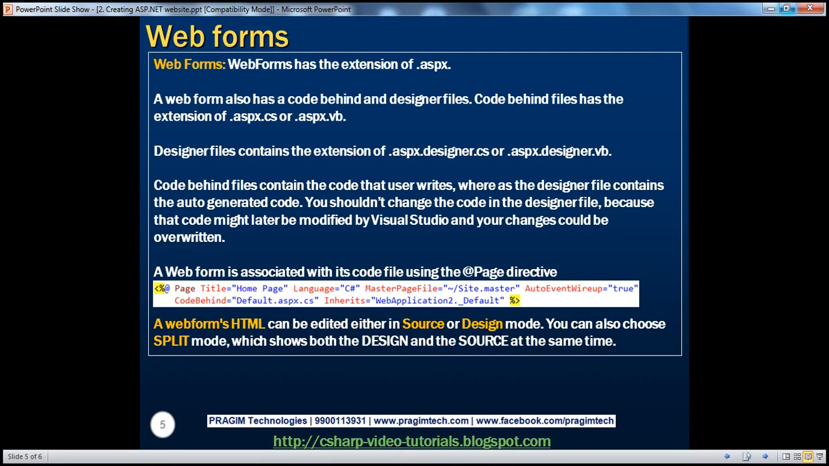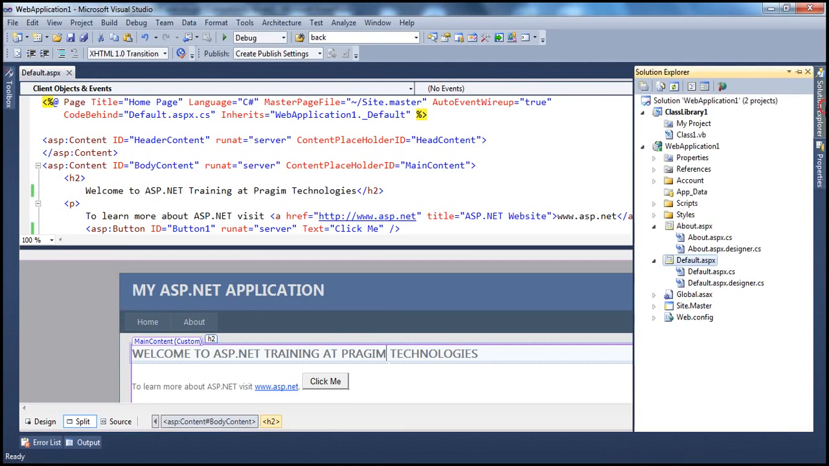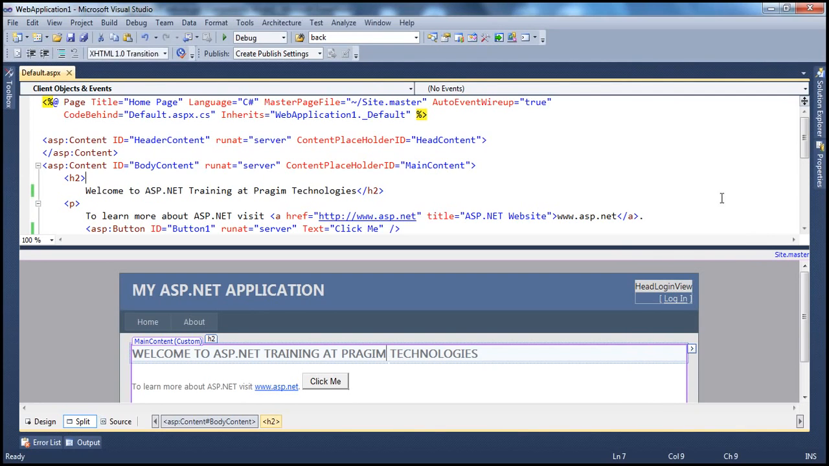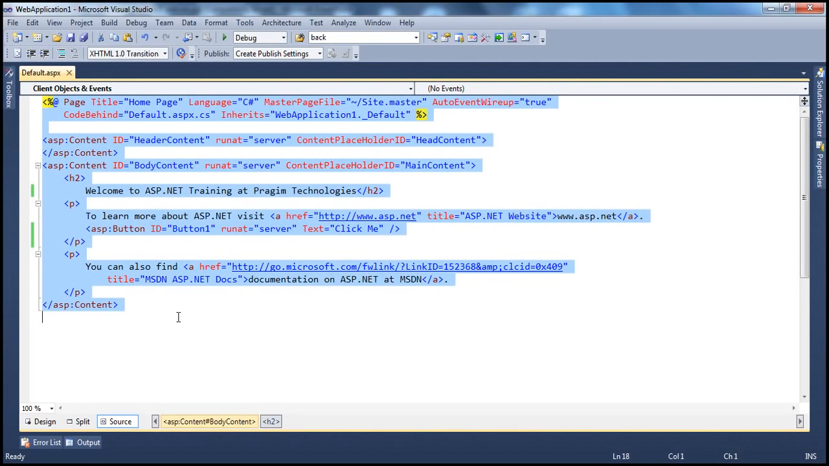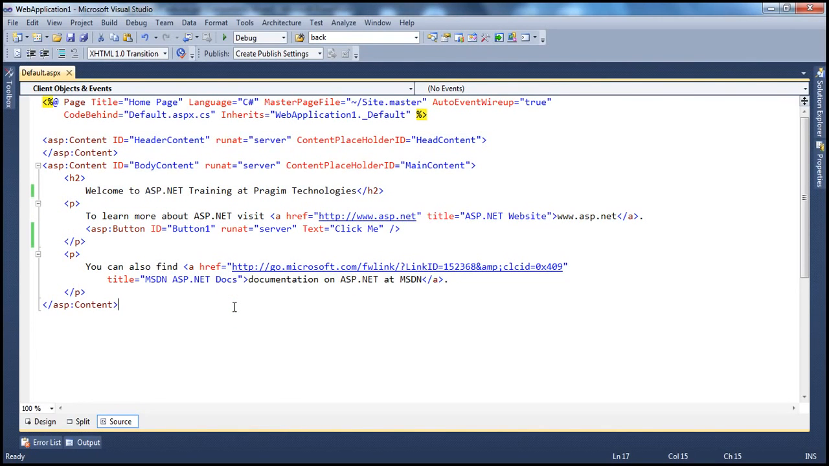And another thing to keep in mind is that a web form has a code behind file, and to view the code behind file of the web form, let's put this in the source mode. Now all your web form will contain is the HTML, the presentation piece, only the HTML in general. Now the C# code will be present in the code behind file,